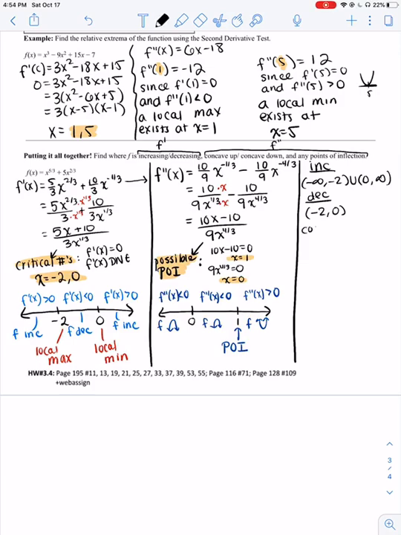Where is the function concave up? We are concave up from 1 to infinity. So this is looking at the second sign pattern chart that we made. And where are we concave down? We are concave down from negative infinity to 0, and then 0 to 1. I'm keeping those two intervals separated. And the point of inflection